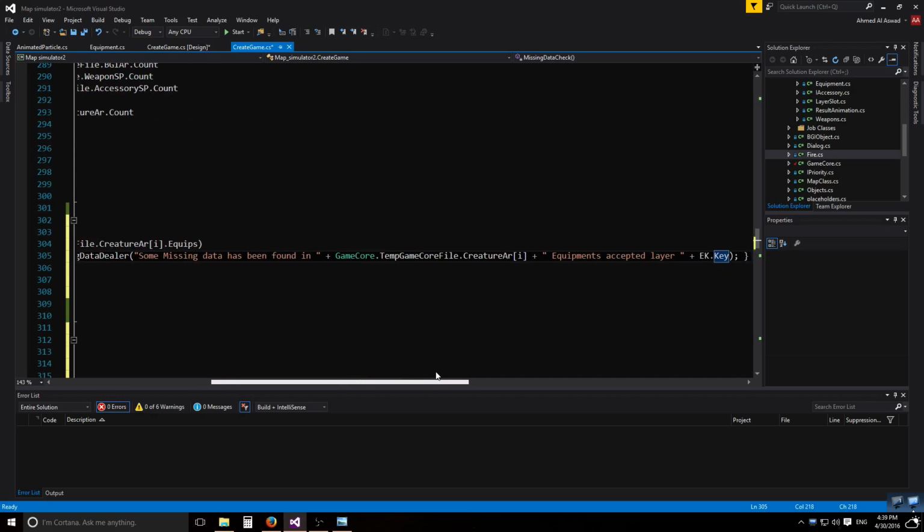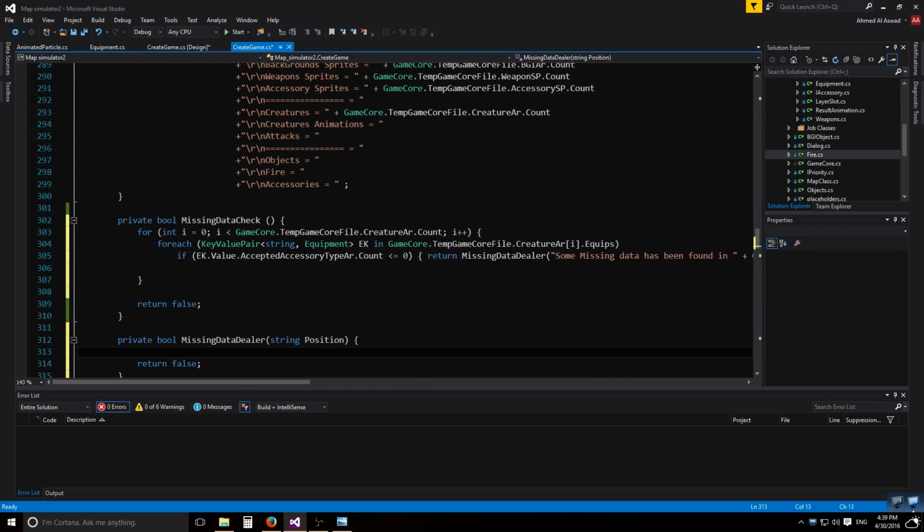So this is the message where the missing data has been found, and this guy will make a message box and add this sentence. Then it will add another sentence: do you want to delete all the missing data to resume the saving, or do you want to... maybe that sentence is enough. So if the user clicked on cancel, I'll make it okay or cancel, it won't do anything. It depends on the result it would return here, and depends on the result in here it will return there. So this is the first check for the creature